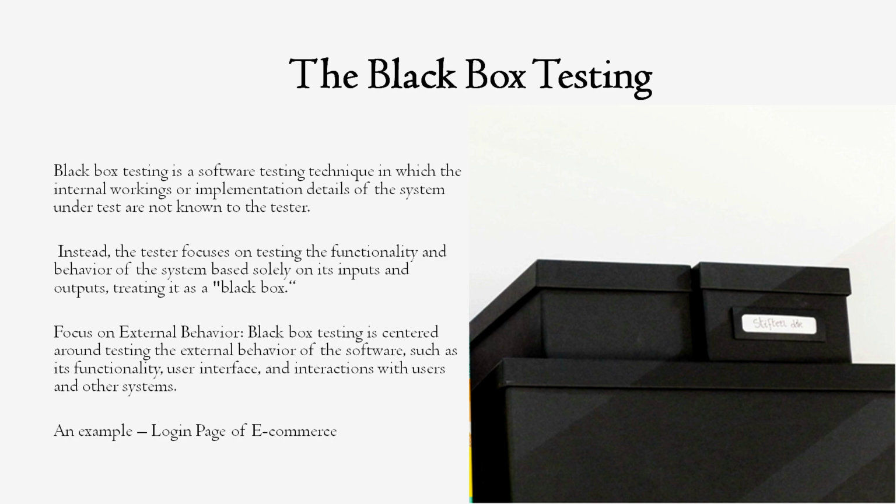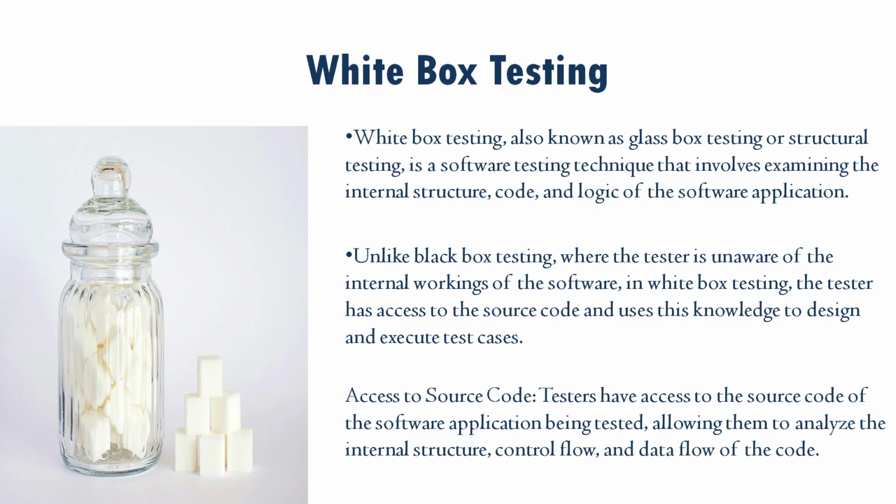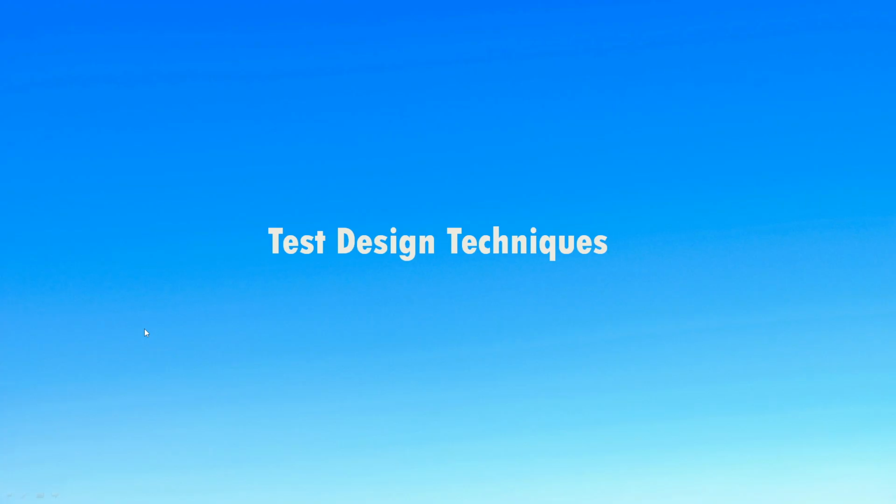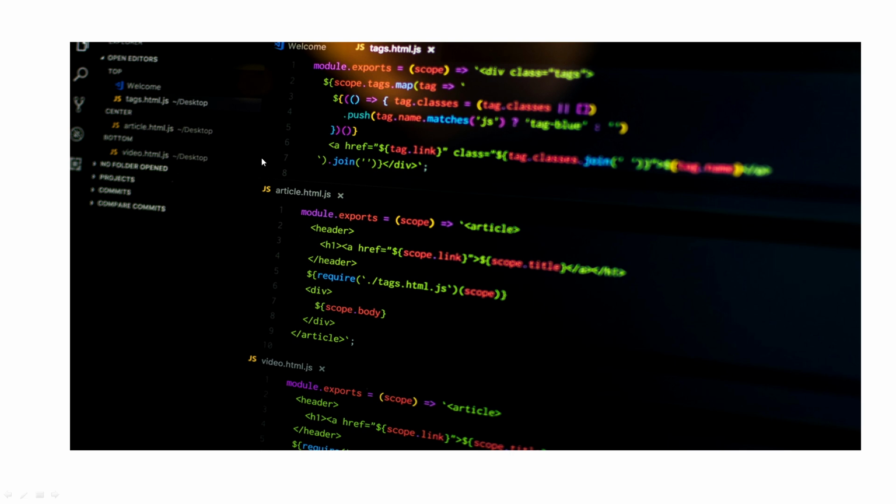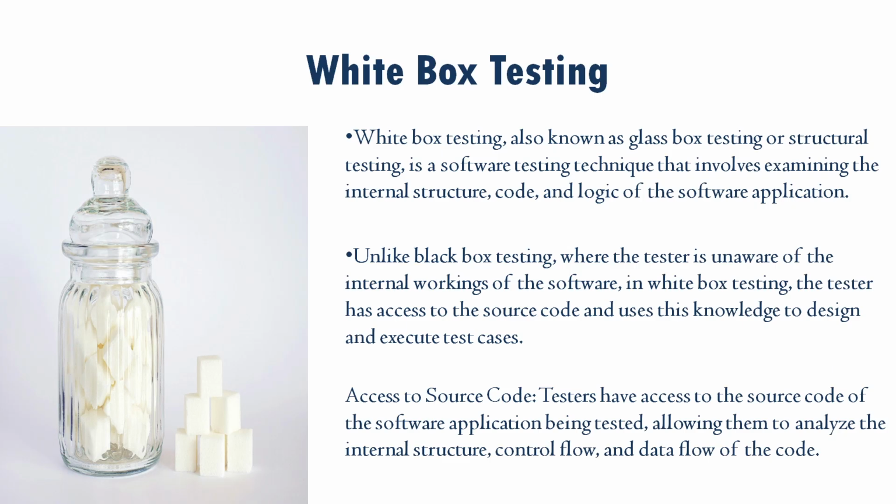We only know the inputs and outputs. And white box is where we know what is there in the system, so we actually test the code to check whether the code is working correctly or not, as expected. Right, now